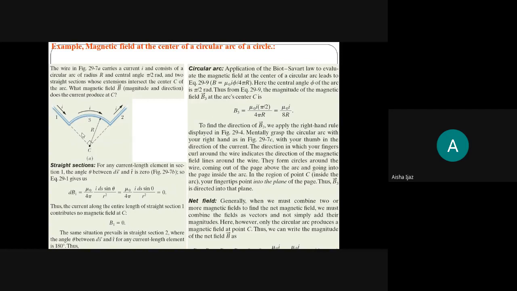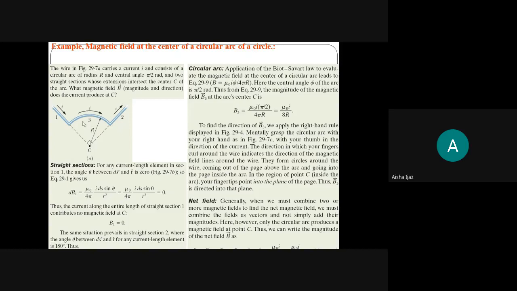First of all, if the point is here, you can see the r distance is also here. By the cross product definition, if the length element and r are parallel, the answer will be 0. For the first segment, if I take the patch here and the point is here, they are parallel, and for the second case they will be anti-parallel. So theta is 0, theta is 180. For segment 1 and segment 2, this is the reason written here: the magnetic field is 0, because sine theta is 0.